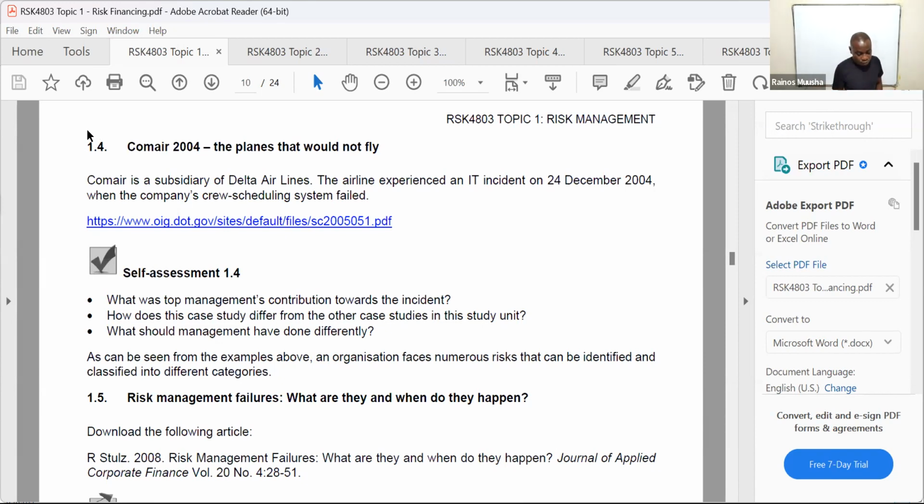That's where the case study of ComAir comes in, where because there were bookings and cancellations because of bad weather conditions, it also led to a situation where the system reached its maximum limit or its